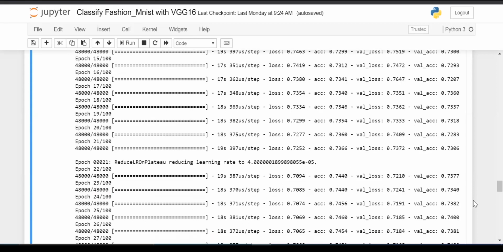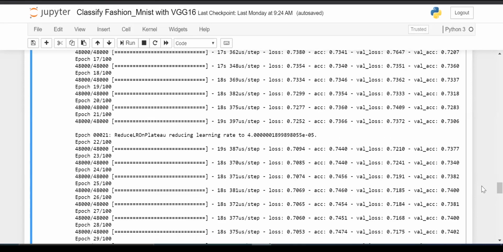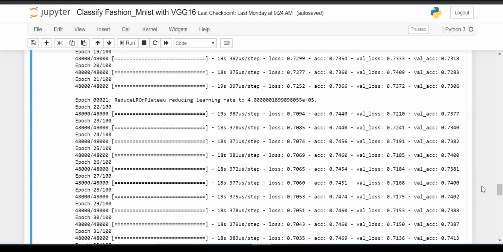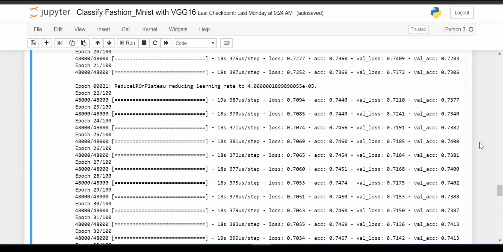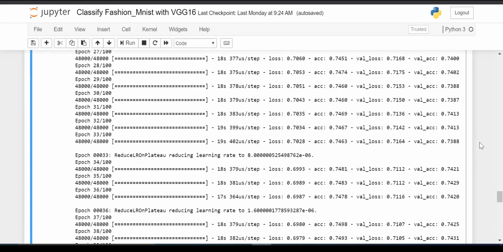But what ReduceLROnPlateau is doing is, as you can see here, again, it's reducing the learning rate. It feels that, okay, why not reduce this learning rate a little bit more to see how much better the model becomes. And that is exactly what it has done here. So its loss has fallen, as you can see, and accuracy has increased. So it's slowly improving with reduced learning rate.